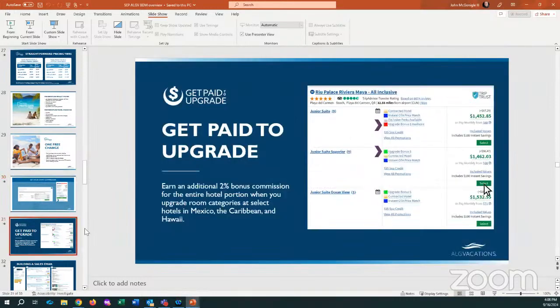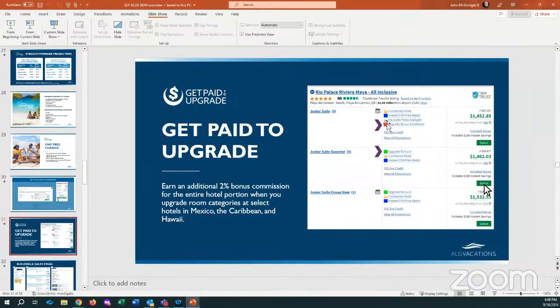And more importantly, you get paid to upgrade. If you look at this box over here and you've used the booking platform, you would recognize that, yes, you have the ability to see all of the different hotel categories that are currently available, and you see the pricing and all these different little color boxes in the center. What are those? Those are our value agent IDs, which will tell you everything you need to know. If there's extra bonuses, spa credit here, things of that nature.